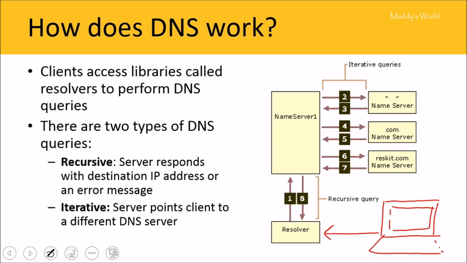So first, if the name server doesn't have the IP address in its cache file, which is like the phone book reference that I made earlier, then it's going to send an iterative query to the root name server. The root name server may have the address. If it doesn't, it's going to tell it where to go, and maybe it tells it to go to the .com server. So the root server says, no, I don't have it, but I can tell you